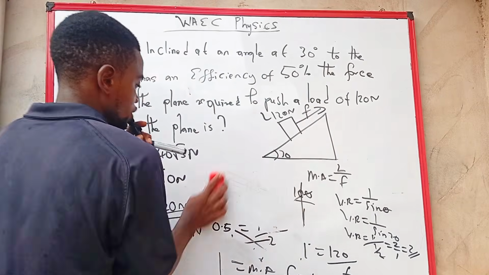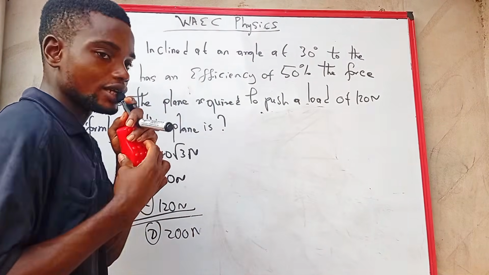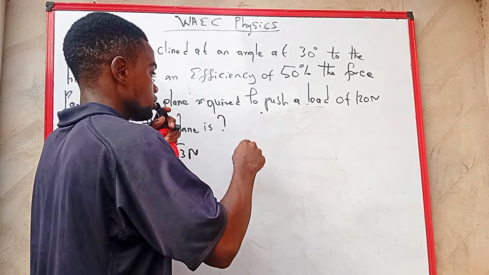Now before I end this video, I don't know if I still have more space in my phone. I want to show you other formulas that you need to be aware of. If two bodies are in opposite direction, let me be fast so that my space will not finish. If two bodies are